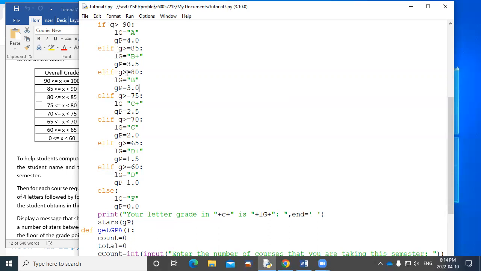And what's there? Well, maybe your grade is more than 80. Well, in that case, you got a B. Well, if none of those things is true, then we'll try this. Is your grade more than 75? Then you got a C plus. Well, if none of those are true, then is your grade... You get the idea, right? I'm sorry, it's really repetitive. You can see why I'm not doing this in front of you. It's not really that hard. It's just a lot of typing, right?